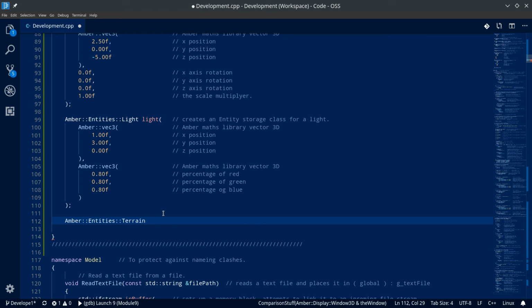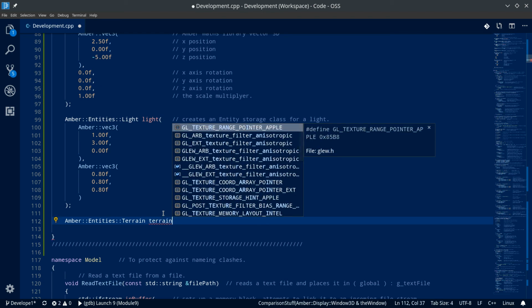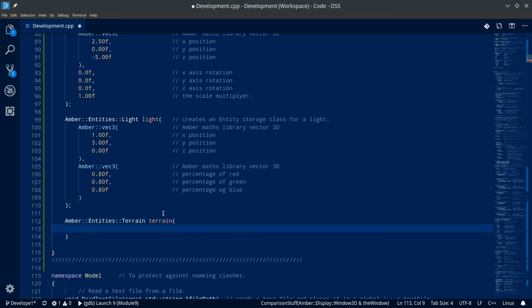Terrain, yeah, we got a terrain. Let's call it terrain. Why not? And it's an open bracket. I haven't got a clue. It's got an XY pos. And that XY pos is part of